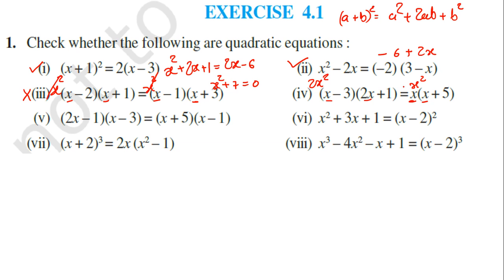So now here 2x square and this is x square, so the full term cannot be cancelled. Yes, x square will come, and if x square is coming, it means the maximum power is 2, and that is a quadratic equation. In the exam also, if in MCQ, or in just true false, this kind of question comes, then you have to do it like this only.